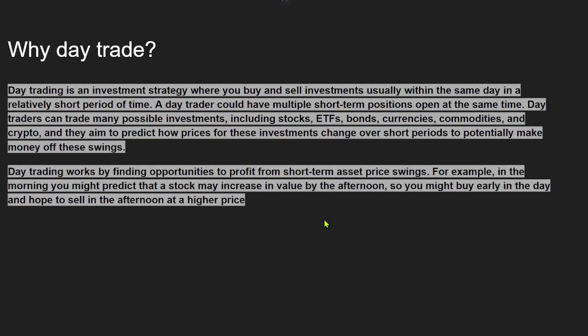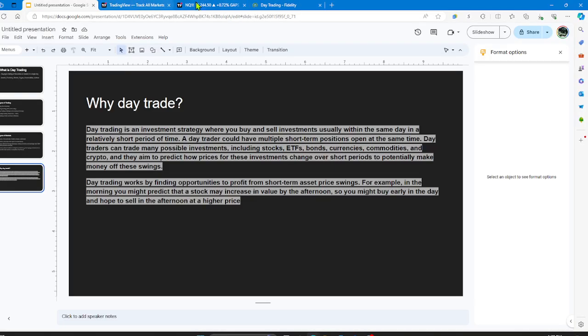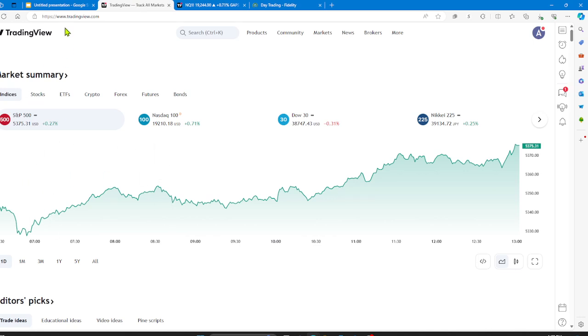Okay, so we'll show you here. This is a website called tradingview.com. Okay, this is where you can look and mark up different markets and asset classes like indices, stocks, ETFs, crypto, forex, futures, and bonds, right? Like we talked about. Here we have the three that we mentioned earlier: S&P 500, the Nasdaq 100, and the Dow Jones, or the US 30. Okay. Now, what's really cool about this website is it's free. Okay. It's free to use.